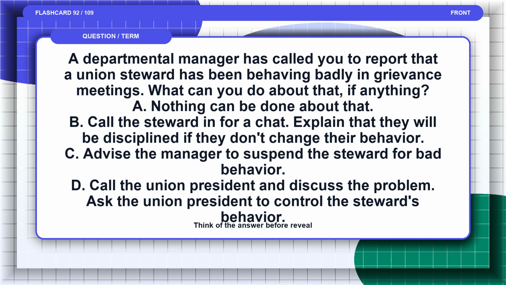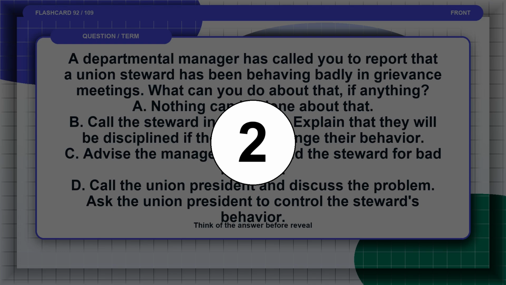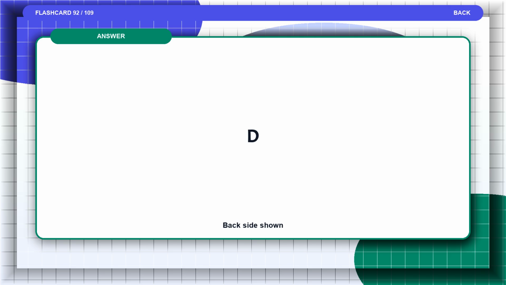Call the union president and discuss the problem. Ask the union president to control the steward's behavior. Pause and think of the answer before the reveal. The answer is